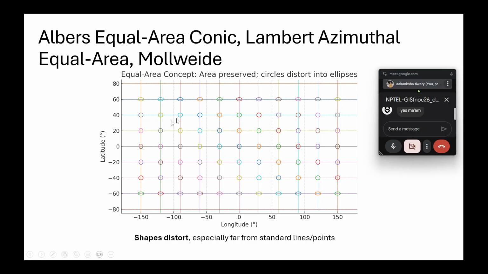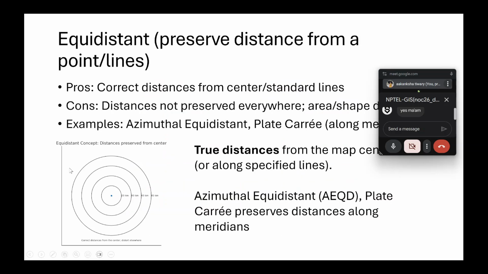So here, even though the area is preserved, the shape is going to distort. Whatever shape was in the high latitude areas is going to get distorted. So in this kind of projection, your area is preserved, but shape is going to distort. Okay,